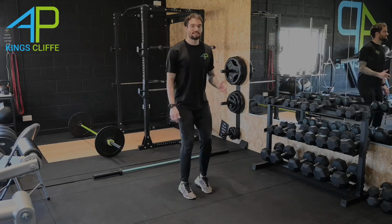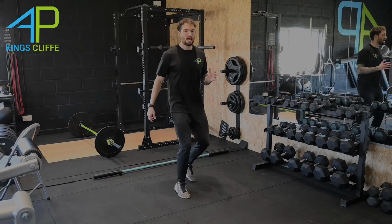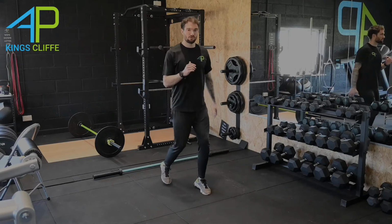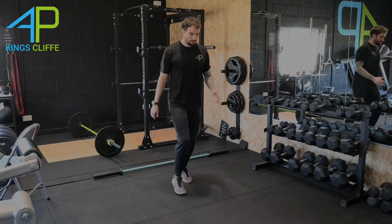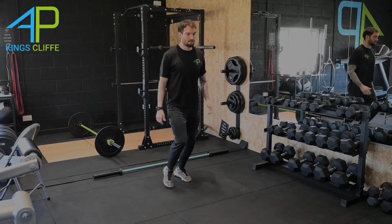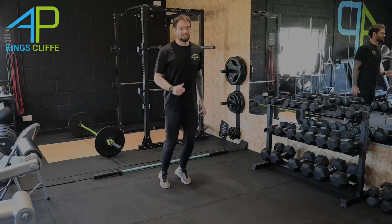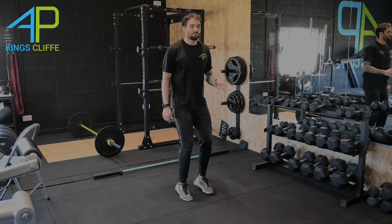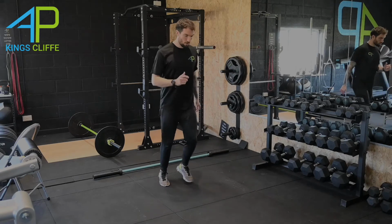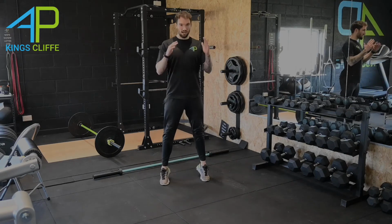Keep moving, 20 seconds. And then we've got the squat to calf raise to finish. And then we're going to do some glutes and some core at the end. Good job, guys, well done. 10 seconds, keeping it going. Staying on the move. Good, 5 seconds. 3, 2, 1. Catch that breath back, little breather, and then we've got the squat to calf raise at the